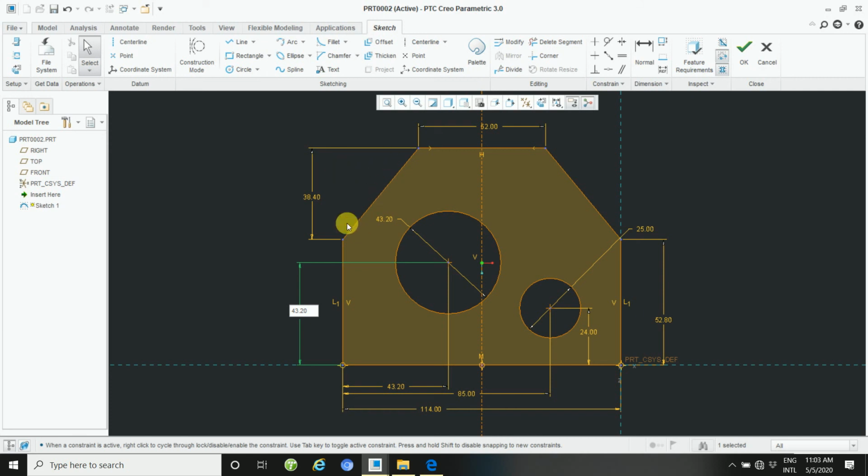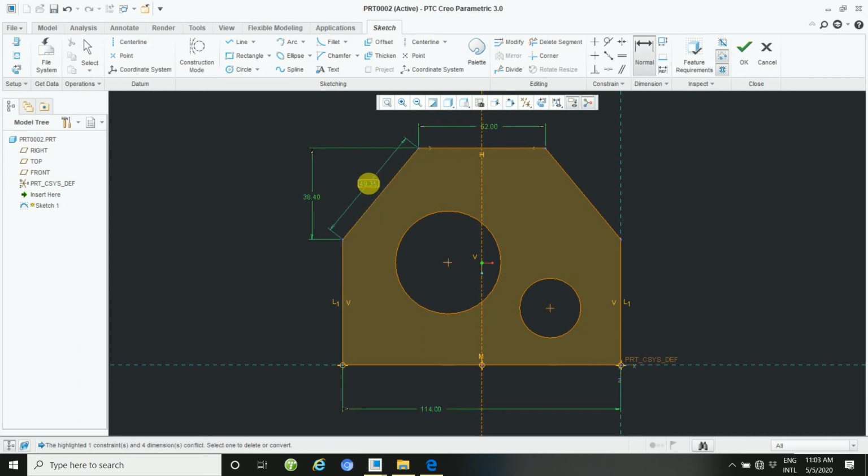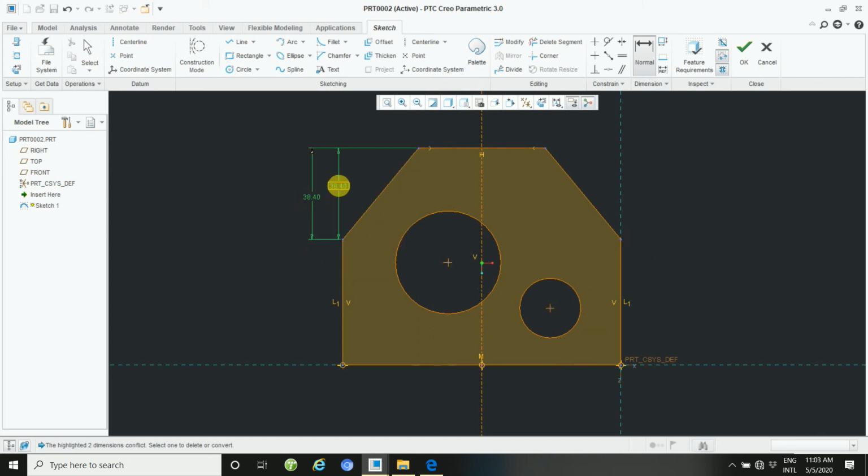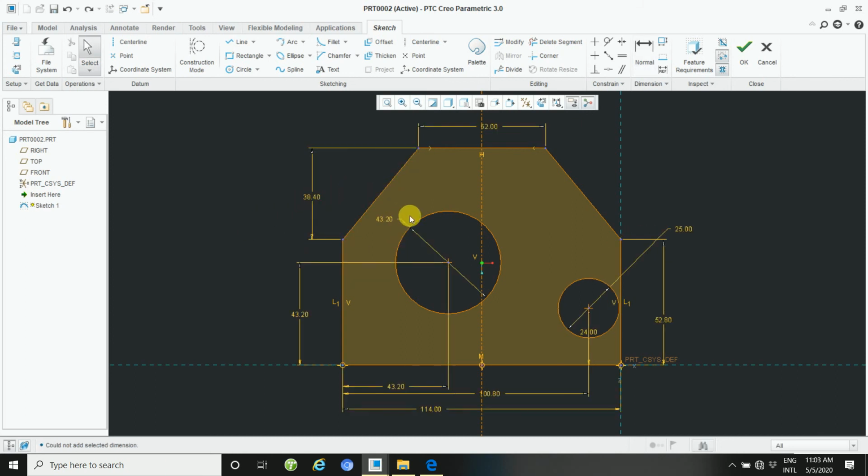This dimension is not given here, so apply this dimension. First point and then second point and then double click. It's not correct. Apply once again. First point, then second point, then apply here. It's not. So how to apply this dimension?